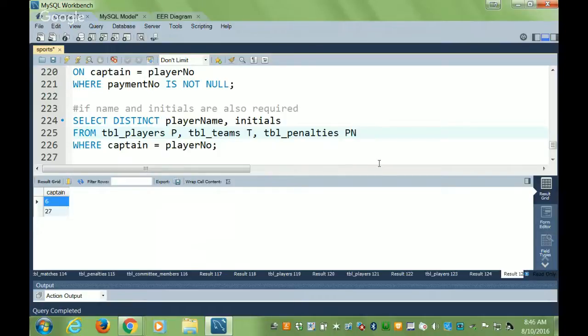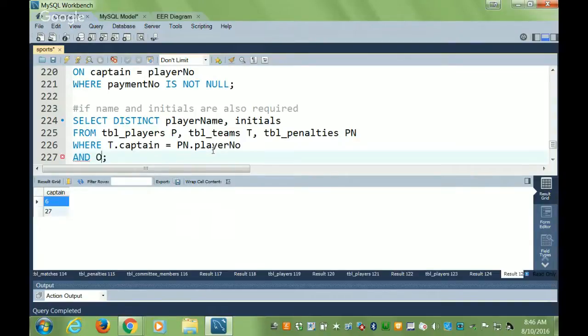So here, the captain and player number are joining which tables? Since I've given it an alias, he's a team captain and he's a penalty player number. But there's a third table that will not do anything till you give it a join condition. It will just sit there. Everything will be combined with the other two tables. That's not what we want. We only want to combine if